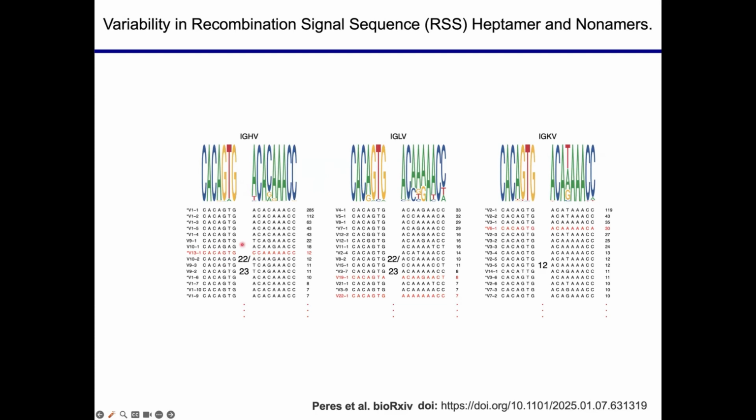And what we found was that in general, between the heavy chain Vs and the kappa V genes, there was a lot of repeats of similar sequences and usage of a similar sequence. We found two strong consensus sequences in the heavy chain V genes. But what was interesting was that any sequence here that's noted with an asterisk is seen in other loci. So what was interesting about the lambda was that we saw the most frequent RSS sequences actually seemed to be unique to this loci, not seen in the other ones.